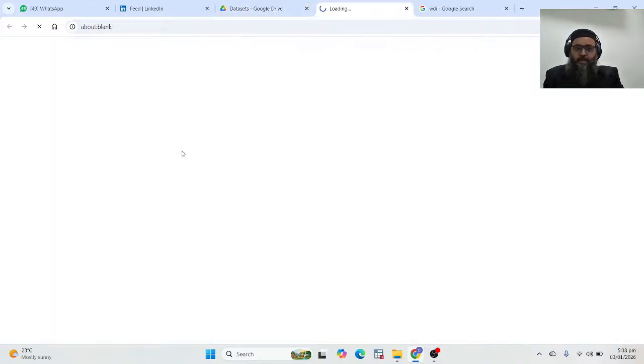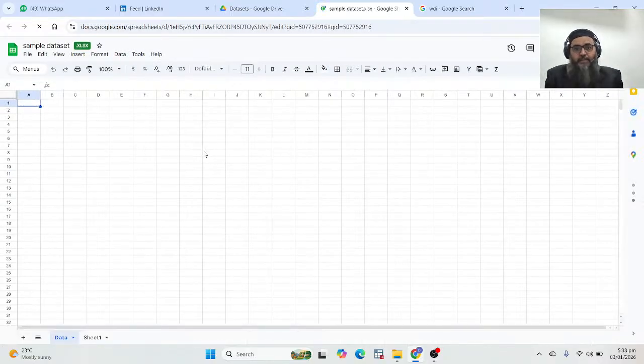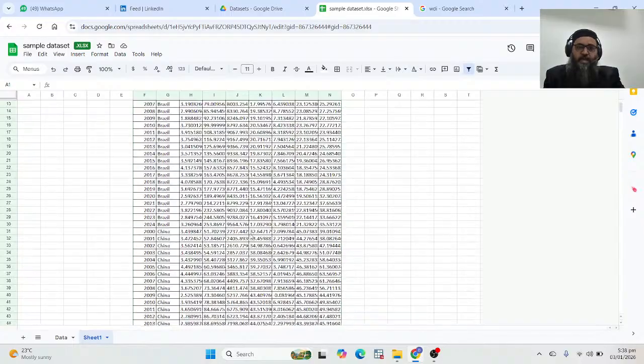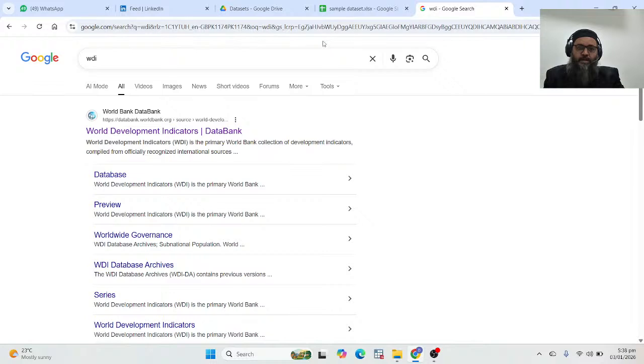So it's a simple data set, but how you can build a reliable data set of your own, we'll discuss in the next session with the data analysis. This type of data series, how you can build it, we'll discuss this journey with the World Development Indicators. And the next session will cover data and its types, different sources of data, and different dimensions of data.